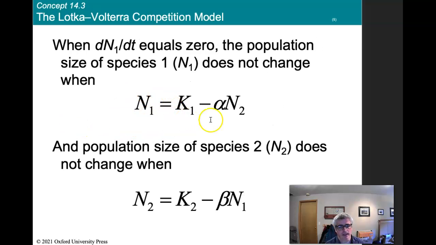Effectively, you can think about this as a more simplistic way of thinking about how species 2 is impacting the population of species 1, meaning species 1 is not able to reach full carrying capacity because you have to account for the amount of the limiting resource that species 2 is consuming. So in effect, what this is doing is reducing K. It's reducing the carrying capacity for species 1 because it's no longer able to